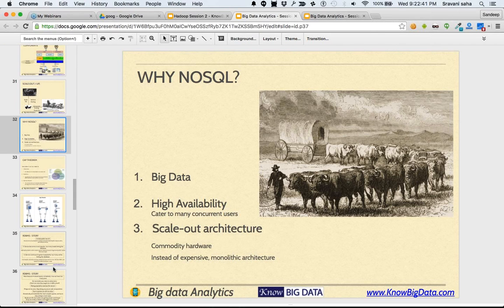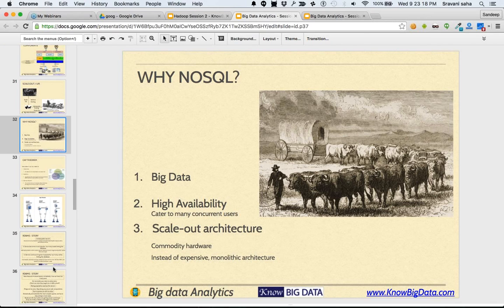Now, if your database is not that available, as in if your database cannot handle so many requests per millisecond, then it cannot. And also, if you are just looking for keywords, keep in mind that there is a word called TPS, transactions per second. That's a significant metric for measuring availability. Okay, so your database has to be highly available. It should be able to handle lots of TPS, and scale out.